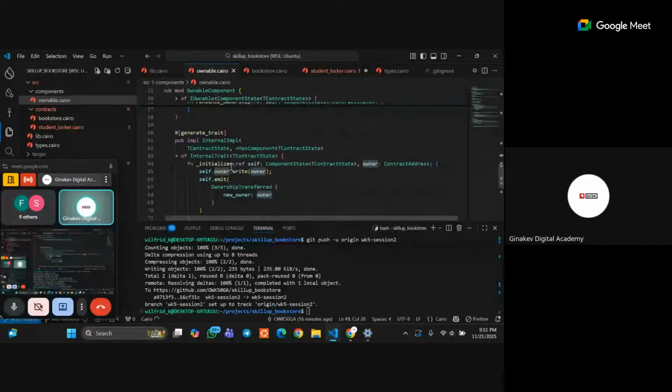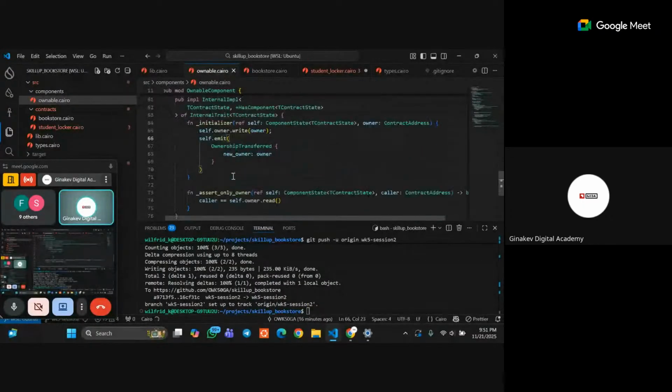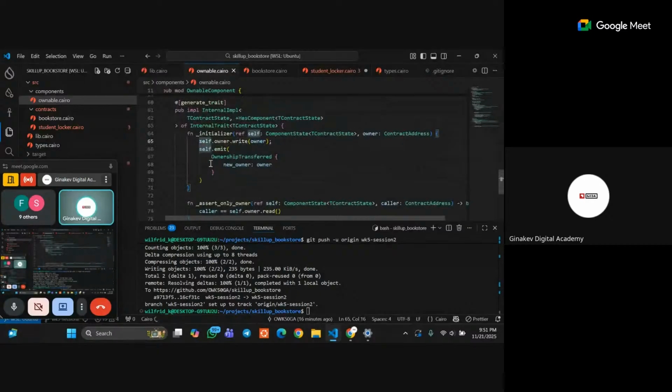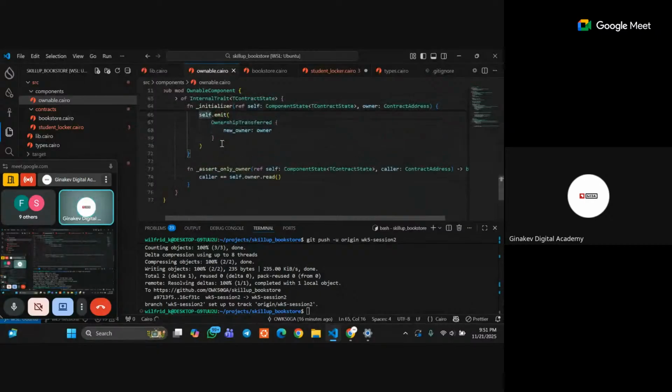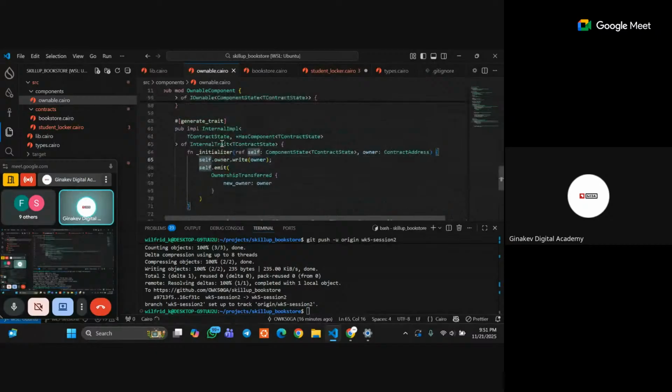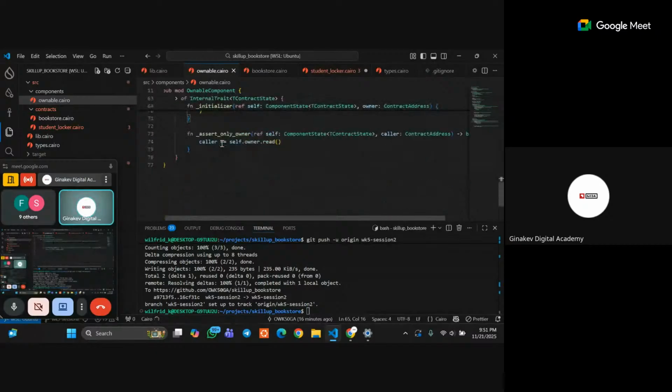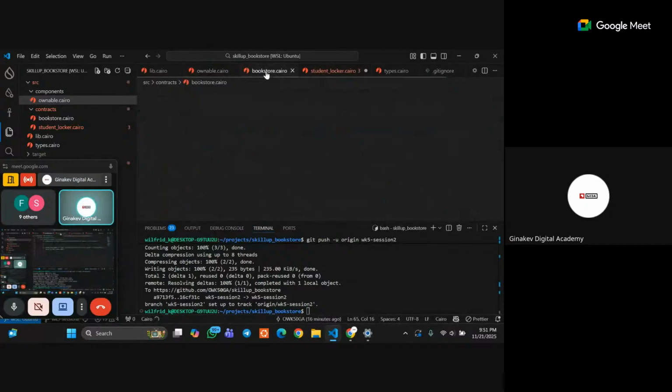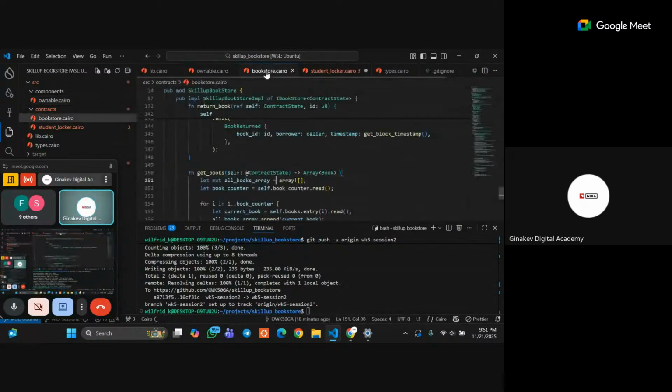Then I use generate traits here. I use generate traits here to write an initializer and put an internal function here. All this was explained in last class. So when using the components,